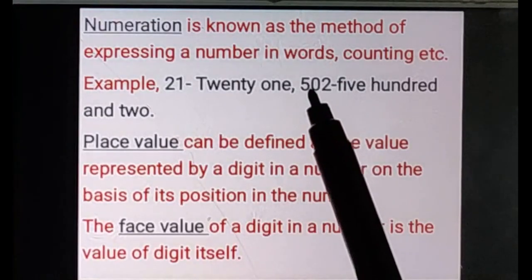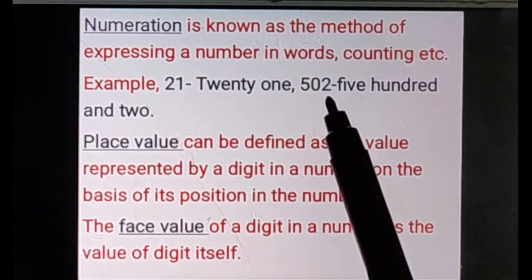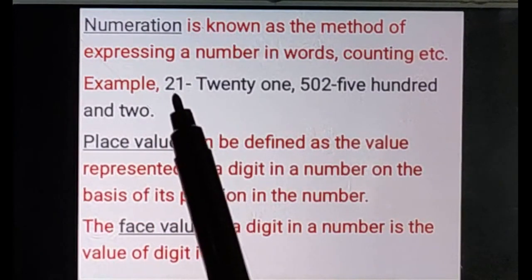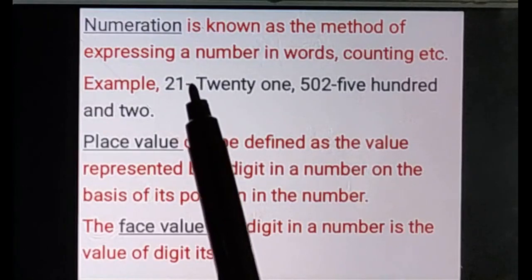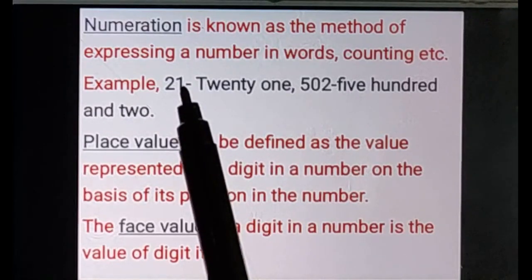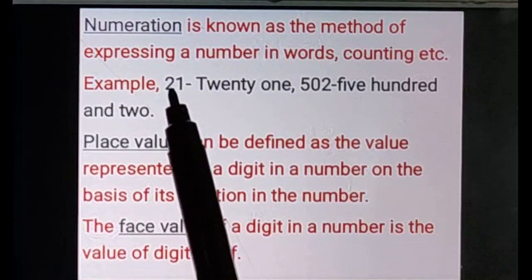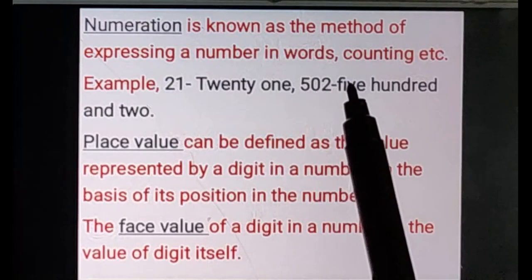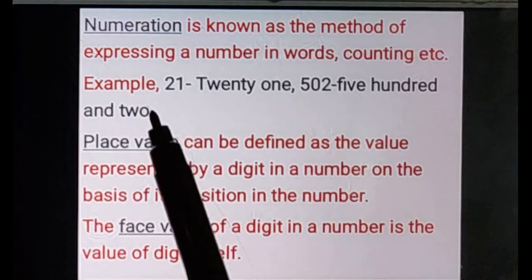If we say 502, how many digits are there? There are 3 digits. Like this, 4 digits may be there, 5 digits may be there, and 6 digits may be there, right? For those digits, we give a notation like ones, tens, hundreds, thousands. Let us have an example of 21 first. 1 will be represented by the ones position. 2 will be represented by tens. Similarly here, ones, tens, hundreds, that is 5 hundreds, 0 and 2.